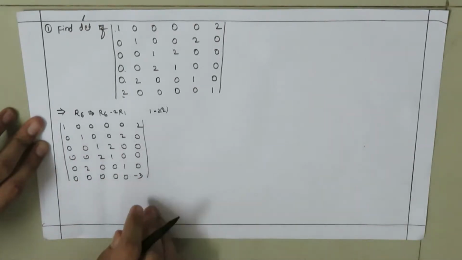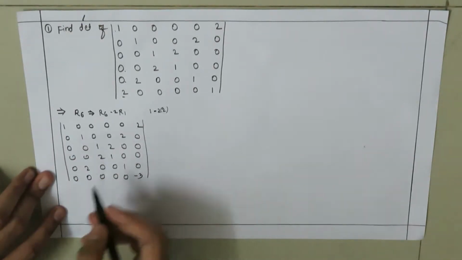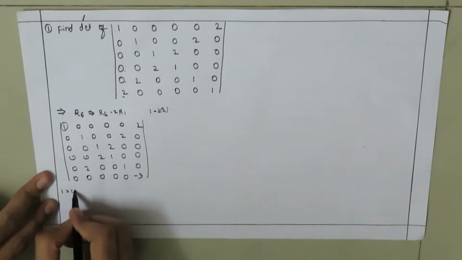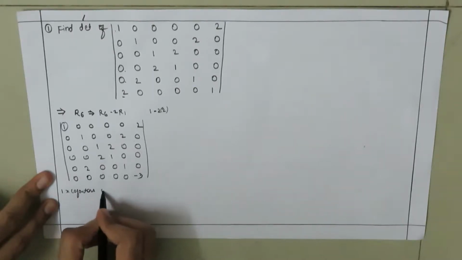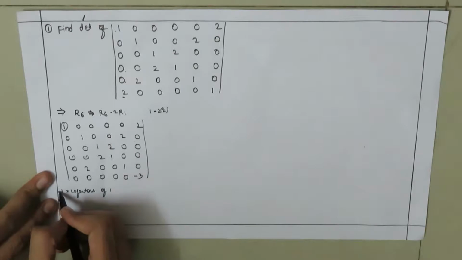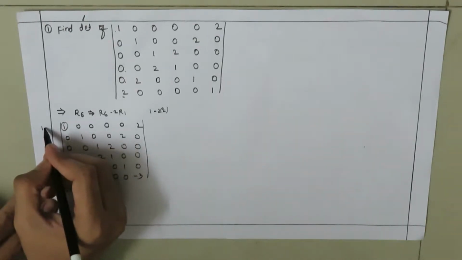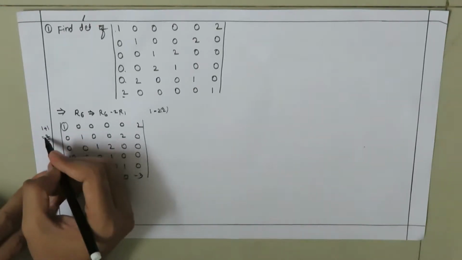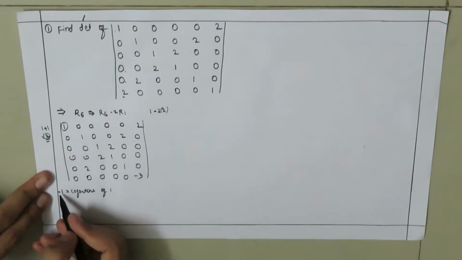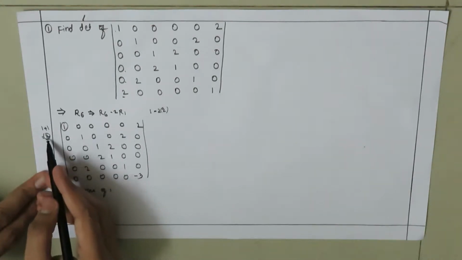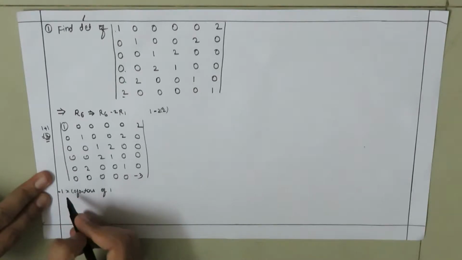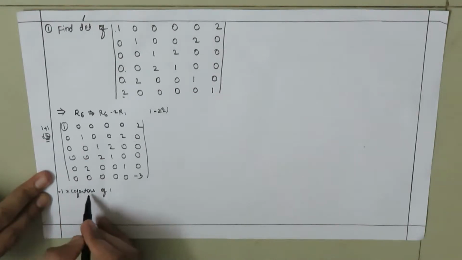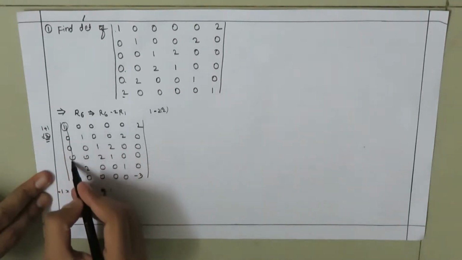And now what we are going to do is, here we can make use of 1, that is this element, times its cofactors. We are going to take a plus sign because this is the first row and first element, and when we sum these two we get an even number. When we get an even number, we multiply this element with a plus sign, and when we get an odd number, we multiply with a negative sign. So here we have an even number, so we can take plus 1 times the cofactor of 1, and the cofactors of 1 are